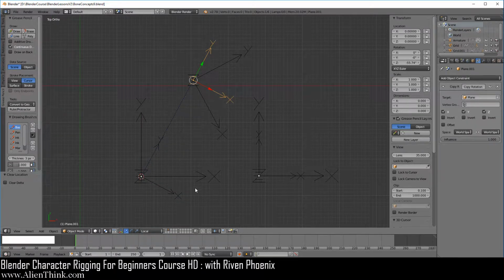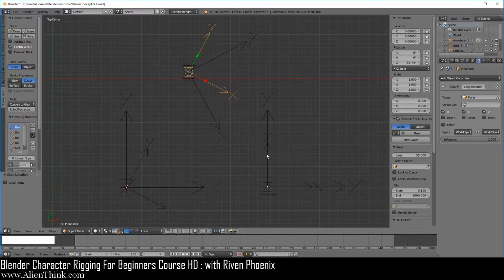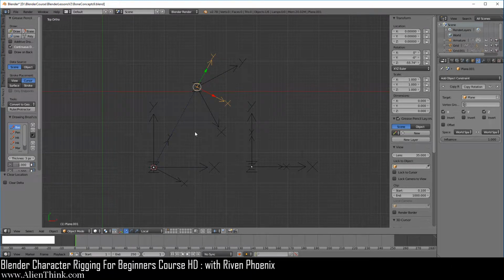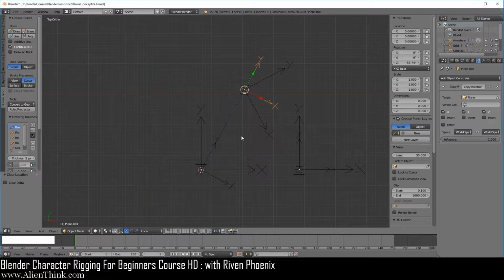Anyways, I think you understand what it is that I'm showing you here, right? It's a pretty straightforward concept. This is why it was important to look at it here first so you can understand it before we got into this. Now, I'm not sure if you will ever use this technique where you're telling the child to copy the rotation of the parent, but it's good to understand what it's actually doing. So anyways, what we need to do now is go ahead and move forward with bones.